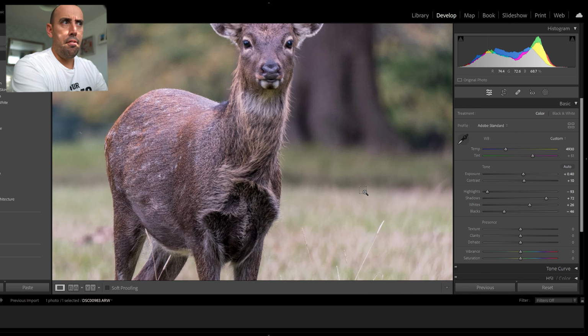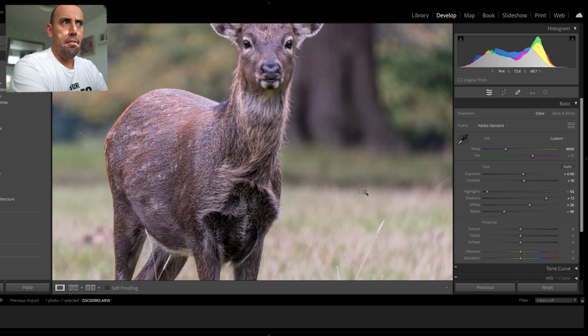Now I'm going to zoom out to about there and now use the clarity, and you can see as I raise that what it does. Keep a look on the background here as I raise and lower that, and just the edge of our deer is becoming a little bit more apparent as well. Now if I lower it, obviously we lose all that clarity. If I raise it, we gain clarity. That's just about finding that point where it switches over from being